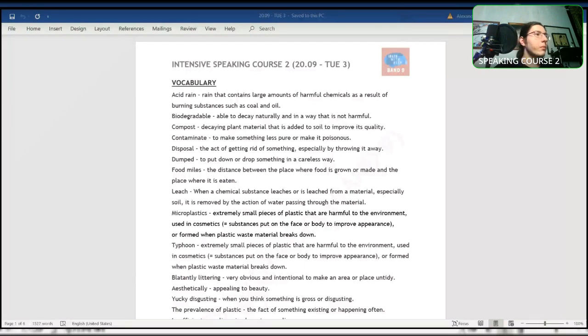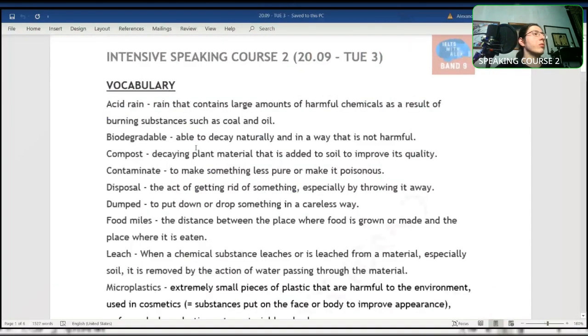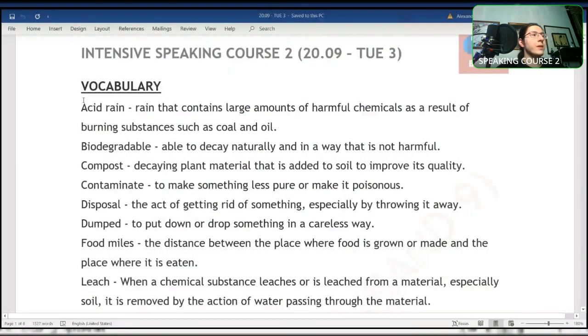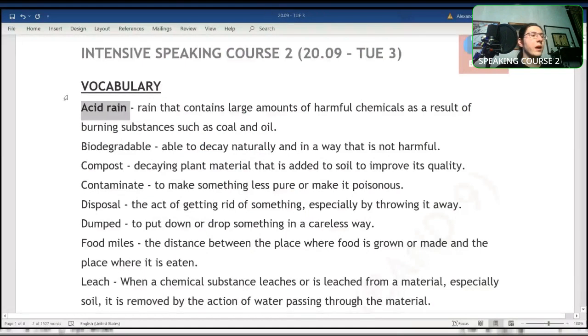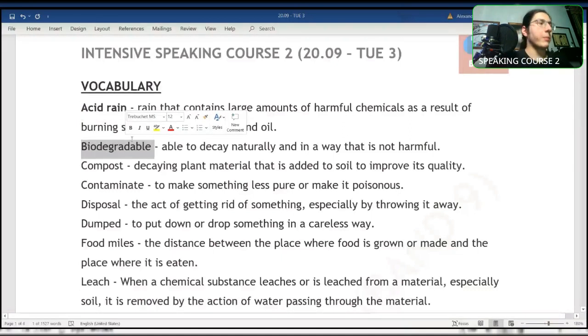Let's go. First is acid rain. In general, all of this vocab is going to be environment, weather, and a little bit connected with biological stuff, like for example, acid rain, biodegradable. Mainly it's environmental topics. So acid rain is like,